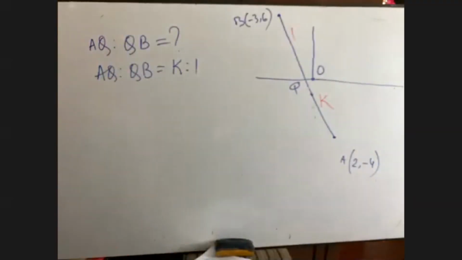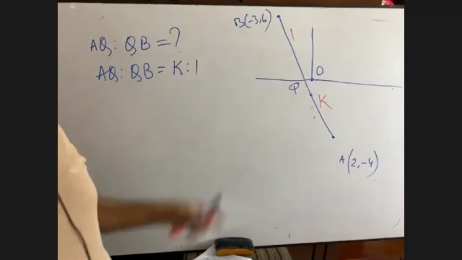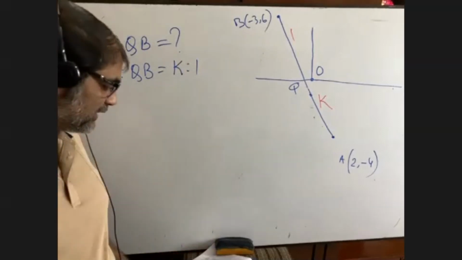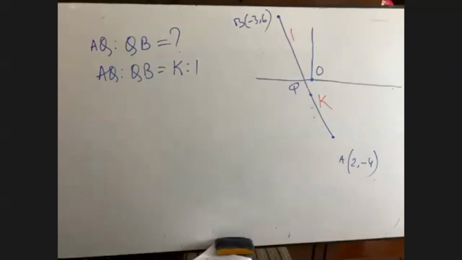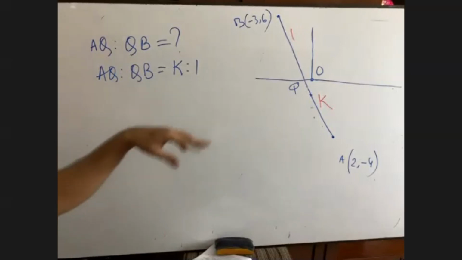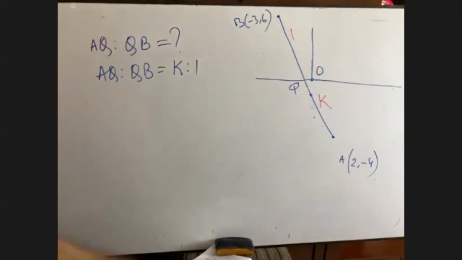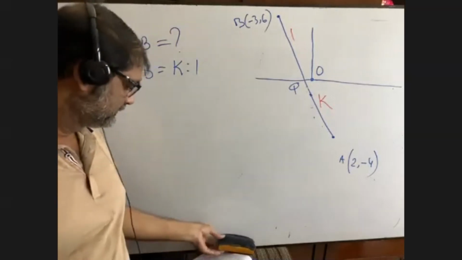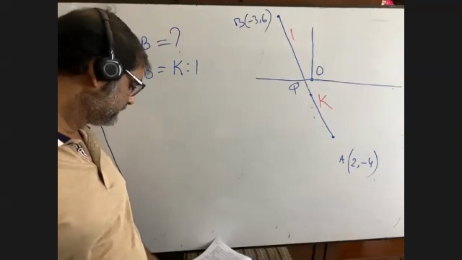It is by now x-axis. Is it okay? And I think you can do it. And your answer will be here also 2 is to 3. But actually they have found in BQ is to AQ. Anyway, what you will find, it is your answer. Is it okay? Yes, sir.